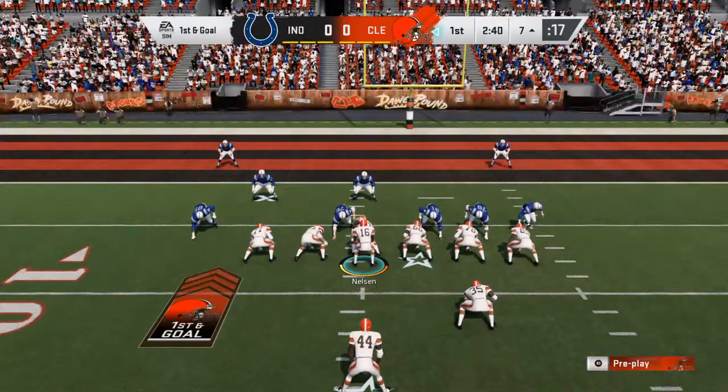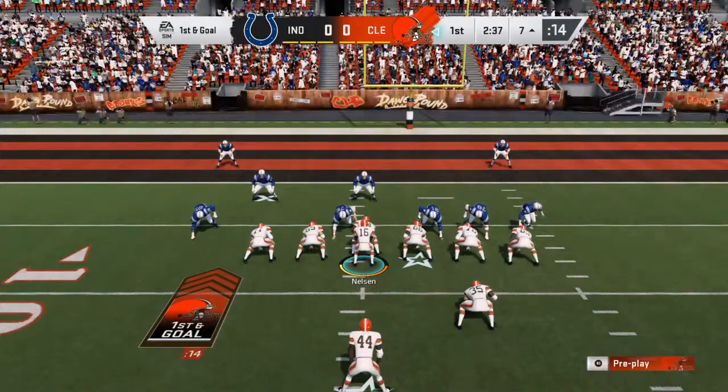Watch tight end. Watch tight end. Tight end's right. Tight end's right. Hey, we are